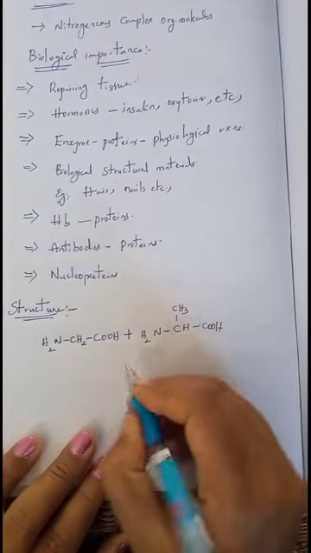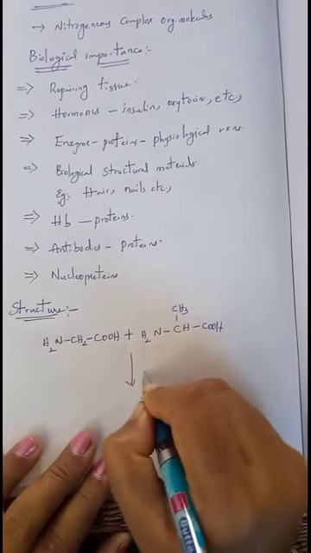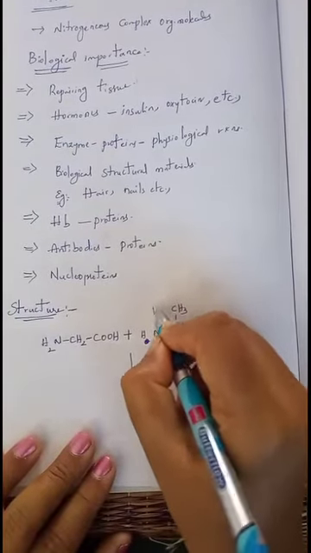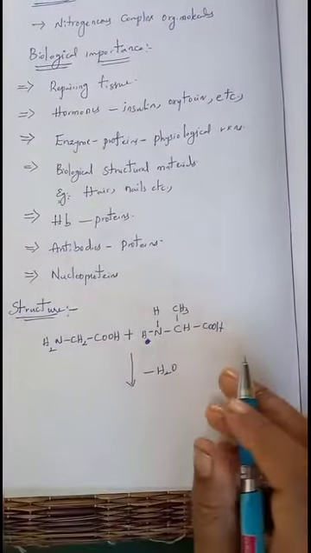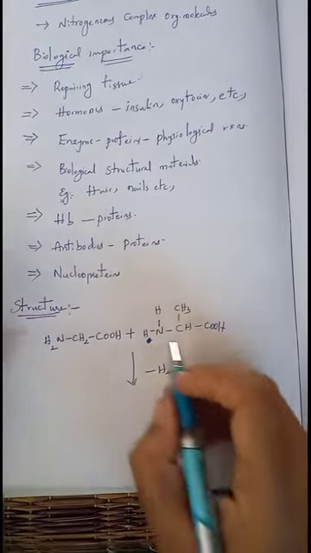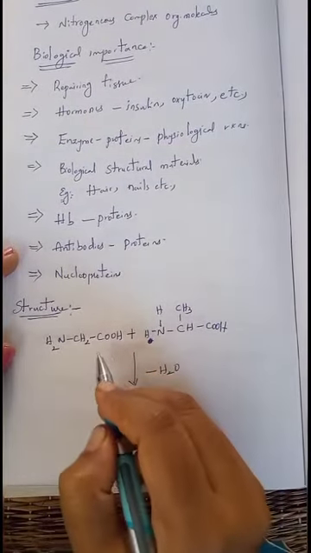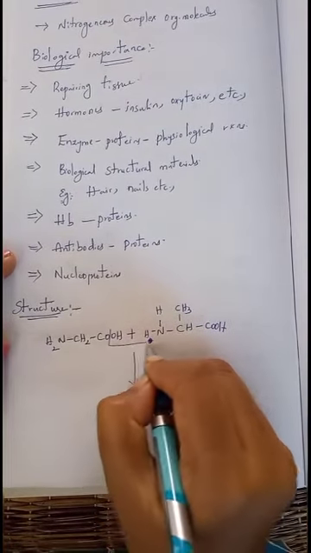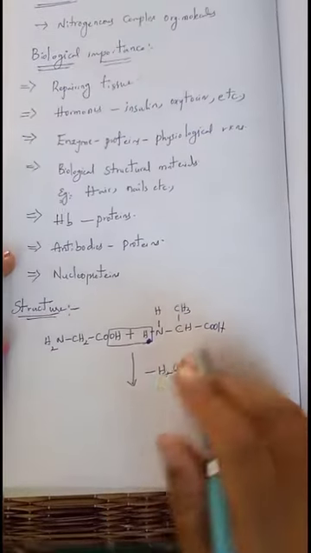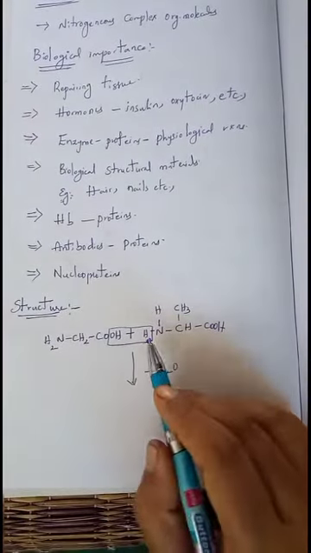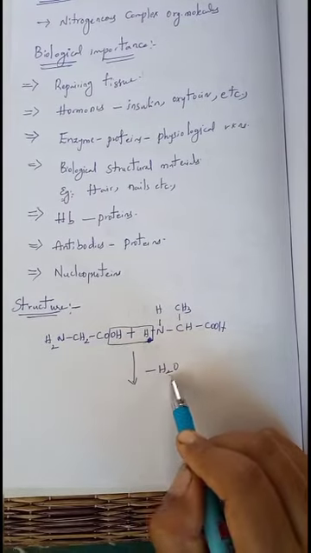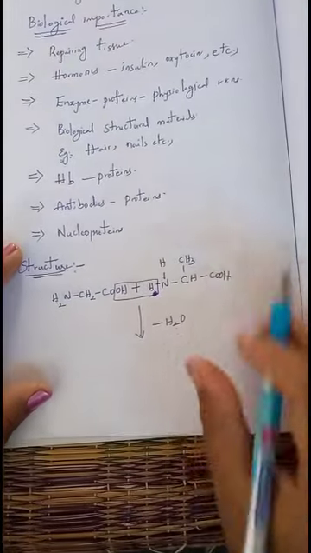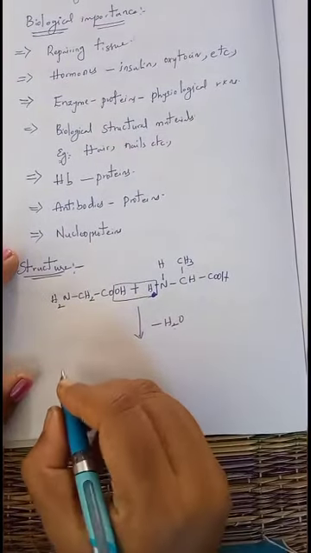When these two amino acids are involved in the removal of water, dehydration process. So for our convenience, I am writing these two hydrogens separately like this on this nitrogen atom or amine group. On this amino acid, OH is adjacent to the amine of the next amino acid. So then this OH takes the hydrogen present on the amine group of the next amino acid, involved in the removal of H2O. Water is removed. Then C double bond O group is added to the NH and we will get the first peptide.